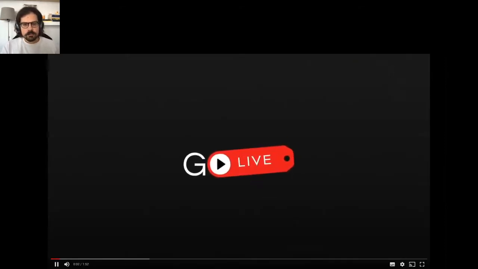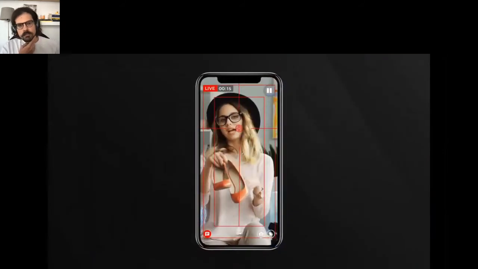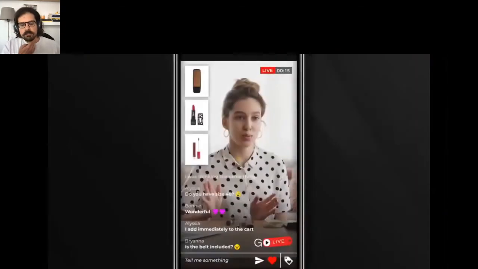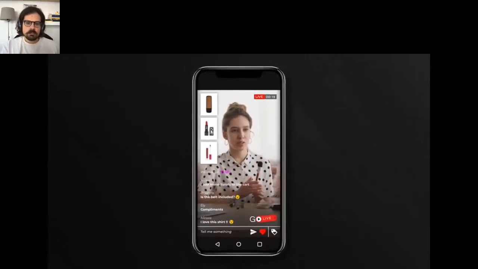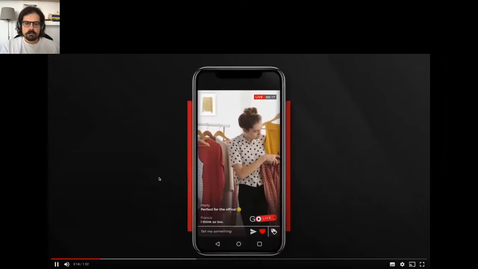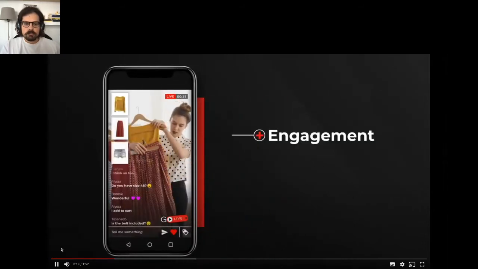Open the doors of your e-commerce. Reach your audience wherever they are. Go Live is an advanced stream shopping platform offering a revolutionary shopping experience. Boost your e-commerce with an interactive and direct sales tool with the highest engagement rates. Turn your viewers into players and